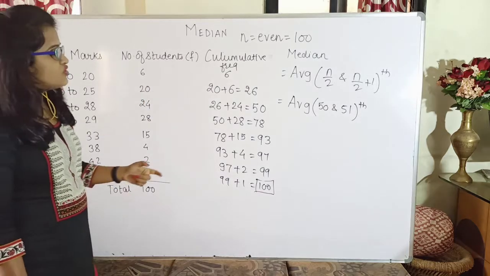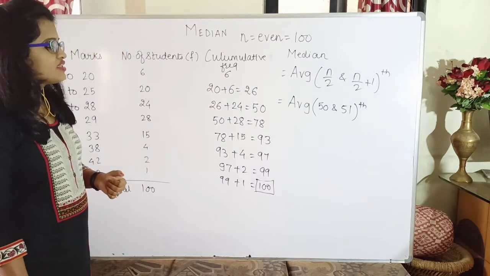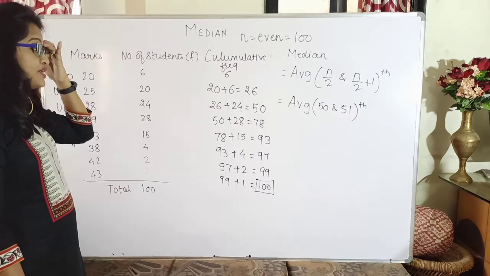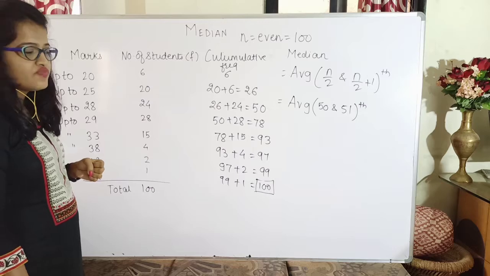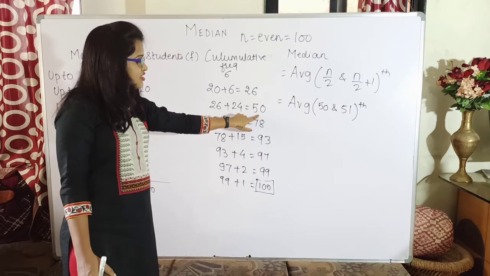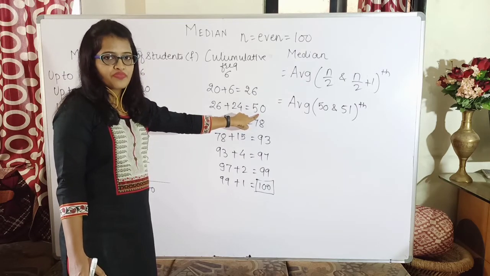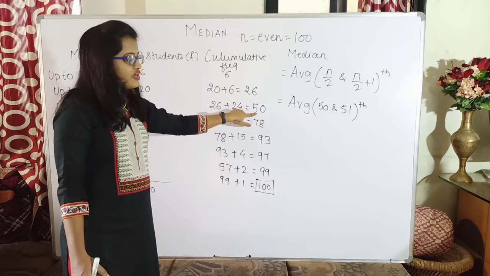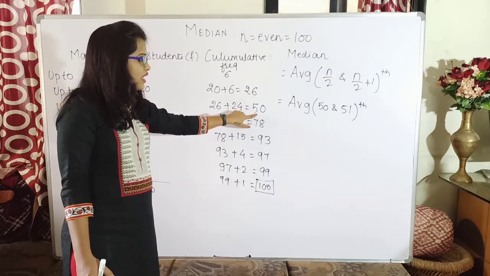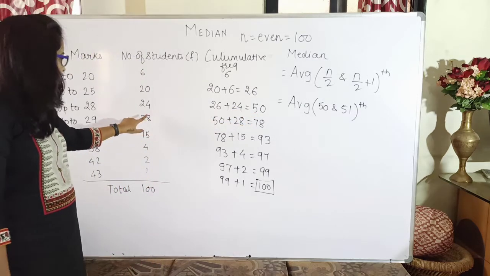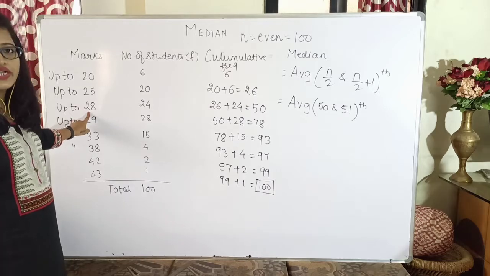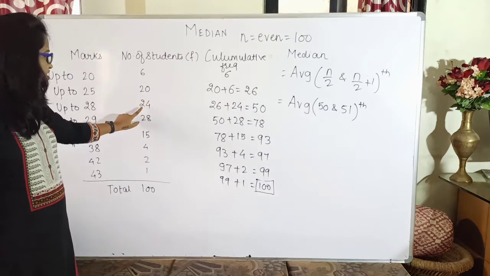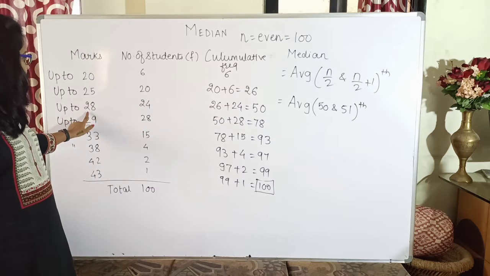Now coming back to our values, we have to find the average of 50th and 51st position value. Now which will be the values present at the 50th and 51st position value? So as you can see here, you have got the addition as 50, meaning in this 26, when you add 24 you are getting 50, means which is the value present at the 50th position? Yes, the value is 28, isn't it? Yes, because you have got the value 50 in this row and the value present at this will be 28.